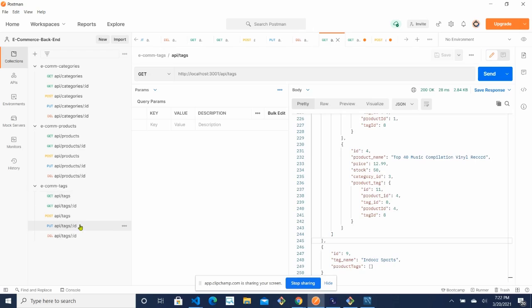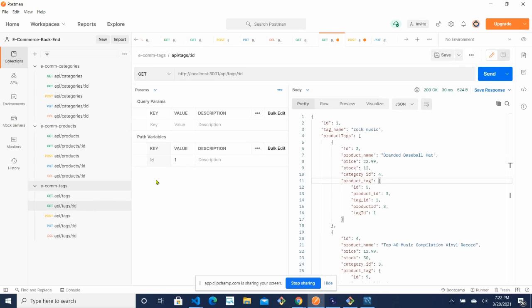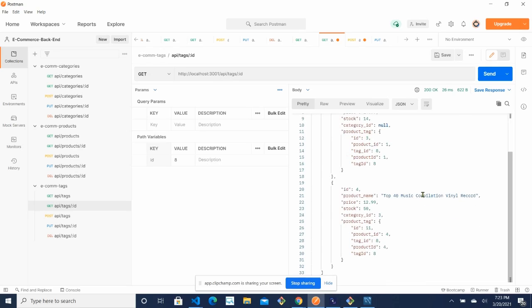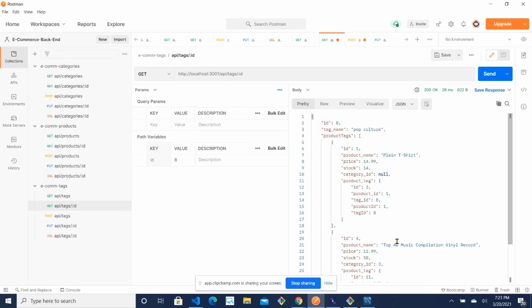We can put data also in here. So let's fetch the data that we have with value 8 and see what data we have in there. We're getting the data over here. These are the data that we have for the tag. It's pop culture. Its name is the tag name.